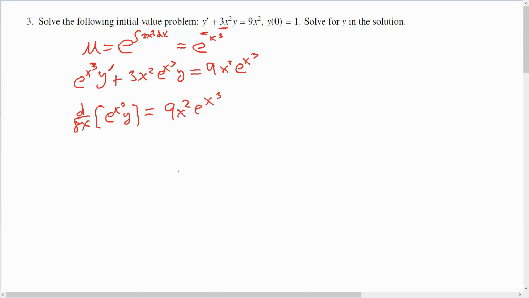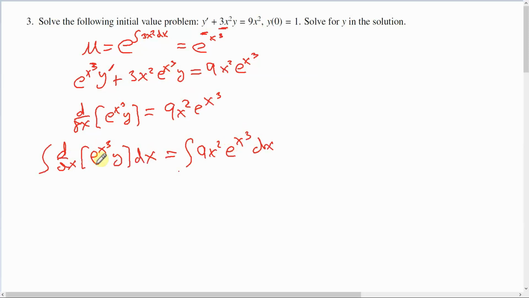But now I need to integrate both sides. And the one on this left-hand side is set up nicely because that product rule, or this derivative, will just go away. Over here I've got the integral of 9x squared e to the x cubed. So like I said, this one's easy. e to the x cubed y is what you get. This one,